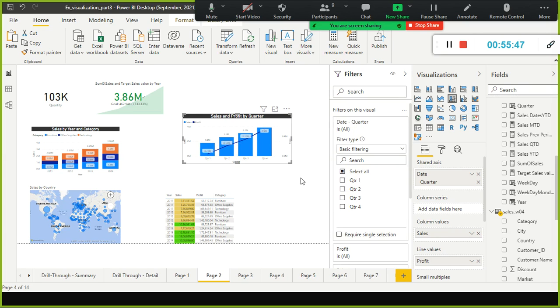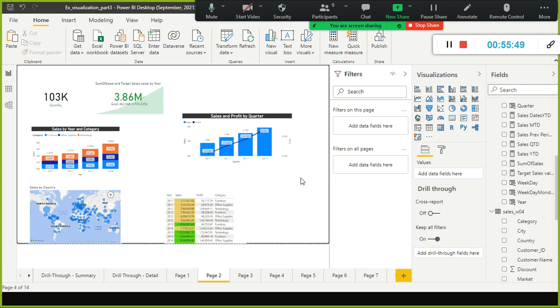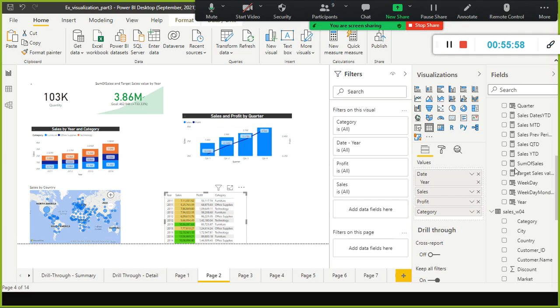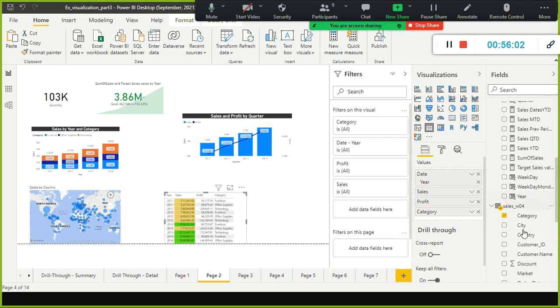I'll take another good example. Here we have used country, right? So I will drag and drop the country here in this visual.